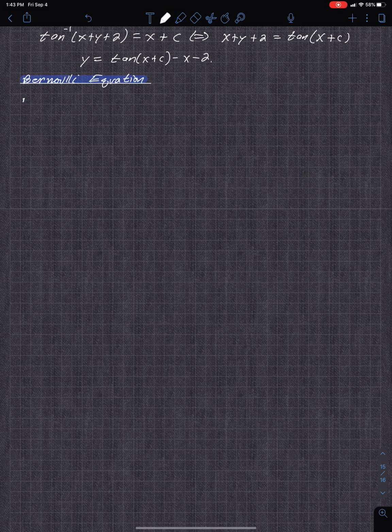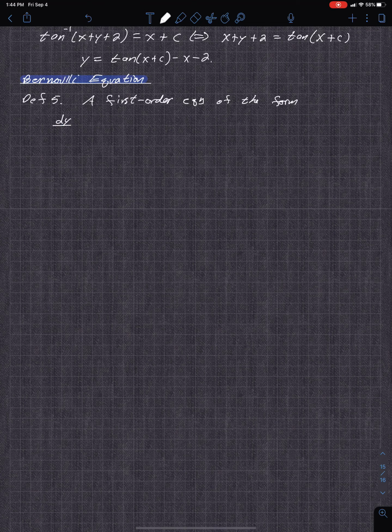So here's the definition of Bernoulli, definition 5 from the book. It says a first order equation that can be written in the form, I'll just say of the form. Obviously, you can move stuff around. So if it can be written in this form,